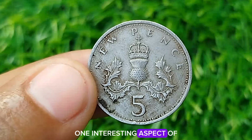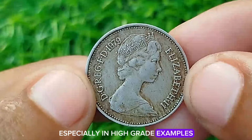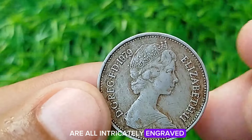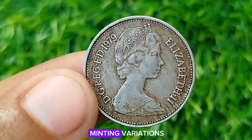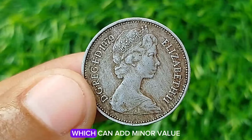One interesting aspect of the 1979 issue is the sharpness of its detailing. Especially in higher-grade examples, the Queen's hair, the crown, and the thistle pattern are all intricately engraved. Even in poor condition, traces of these fine details can still be admired. Some collectors look for minting variations, such as off-center strikes, die cracks, or faint lettering, which can add minor value